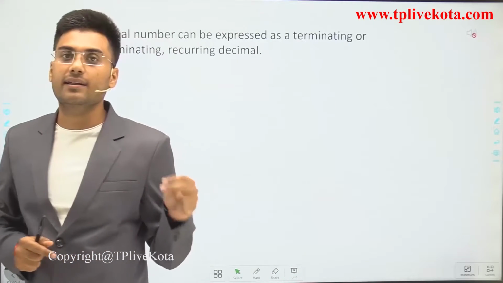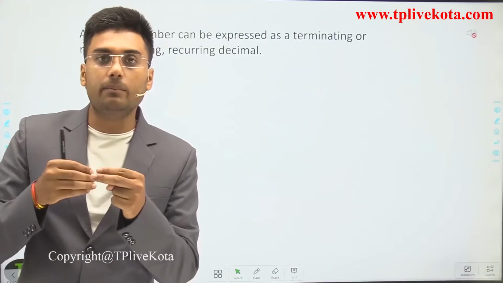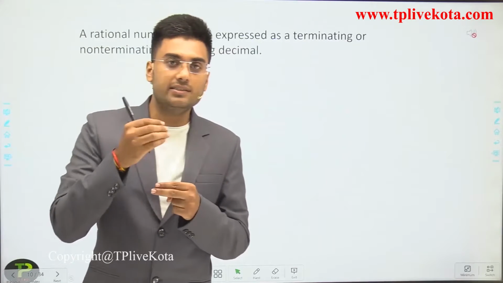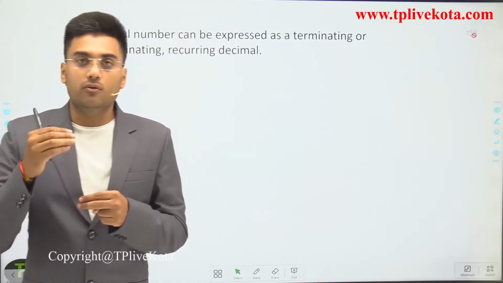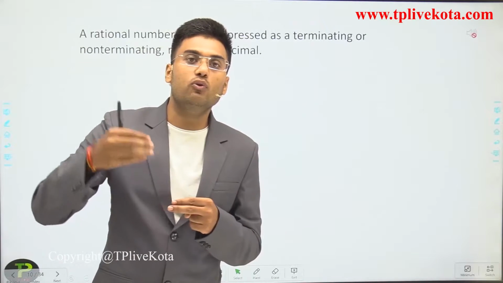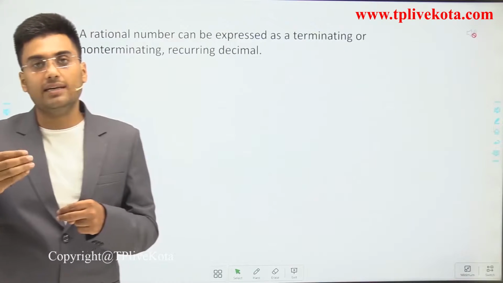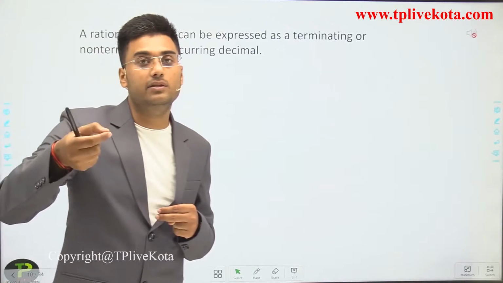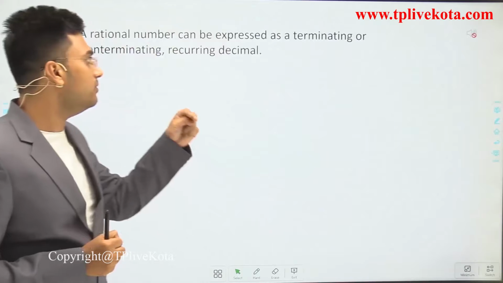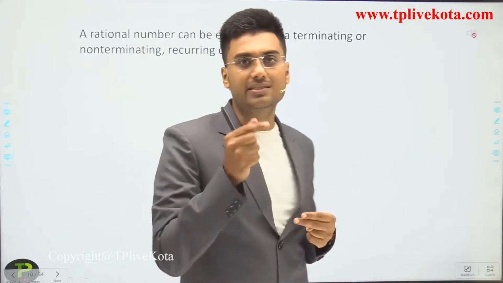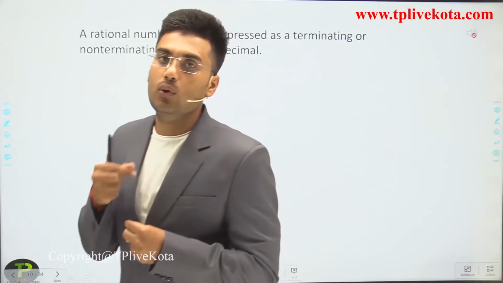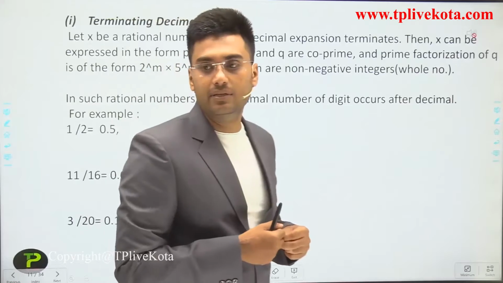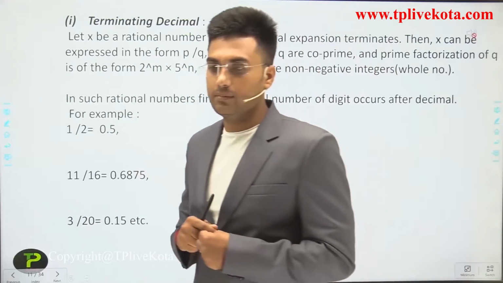We see that their decimal form does not terminate but repeats after some digits. In some examples, one digit repeats. In some examples, two digits, and in some examples 4 or 5 digits repeat. So we say that these types of examples are non-terminating but recurring decimals or repeating decimals. So we have two types of decimal representation. One is terminating decimals and the other is non-terminating decimals. So let's define what the terminating decimals and the non-terminating decimals are.